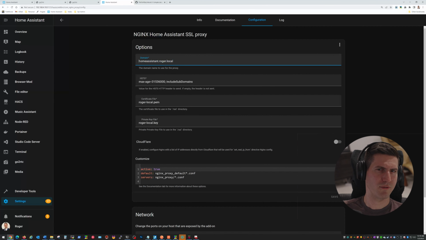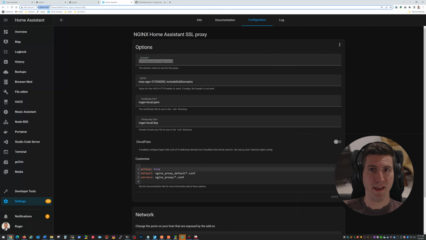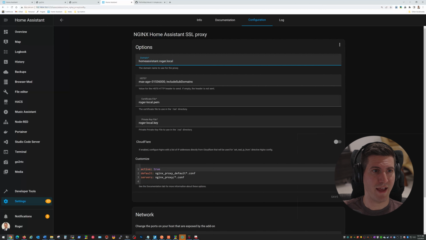So .local, of course, is not a real DNS suffix that's available on the internet. So I just configured this on my home router to point to the IP address of my Home Assistant installation. And what NGINX is doing is using SNI, server name indication. So if it sees a request with that host name, it knows where to actually send that request. In this case, NGINX is listening on port 443 and then redirecting to port 8123